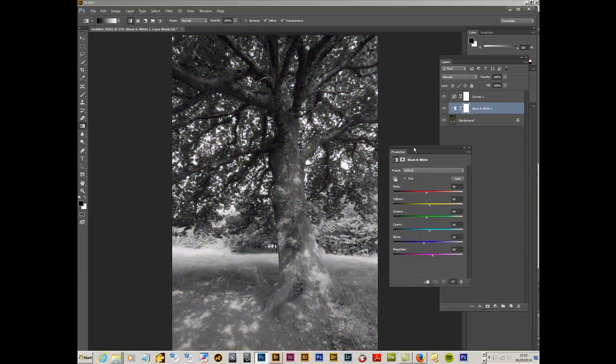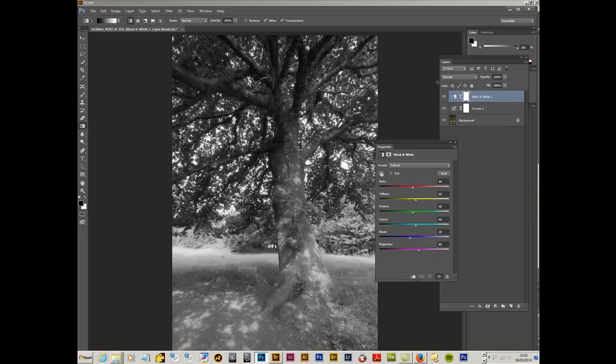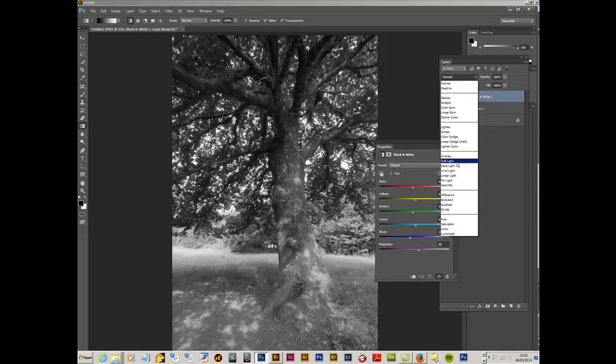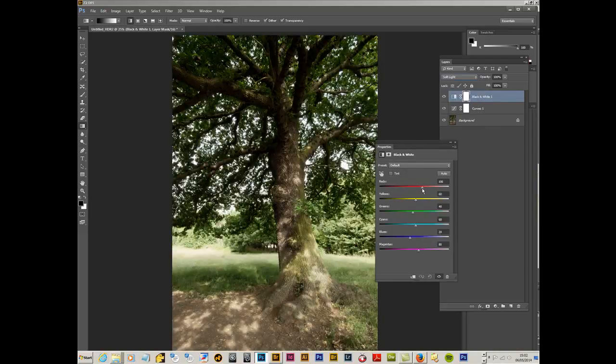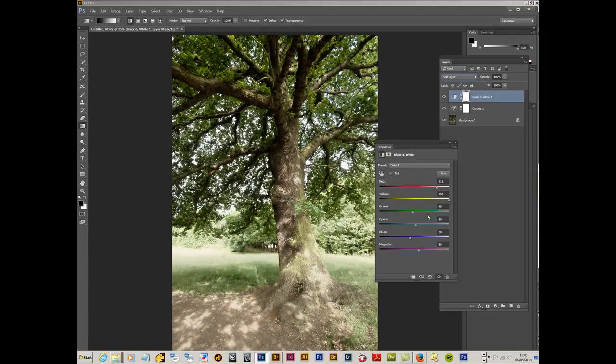A couple of things we can play around with. One is to switch the black and white mode to soft light, and now this will just affect contrast,